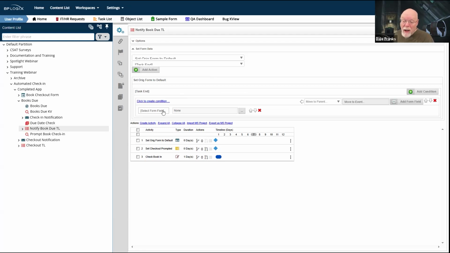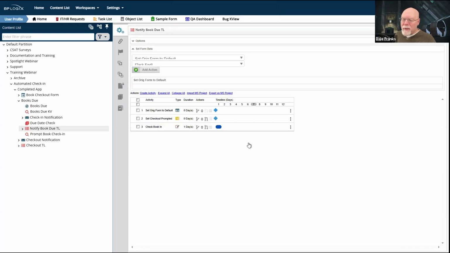But at the end of an activity, I could just run a set form data action inside the process timeline, and I could accomplish the same thing, and I wouldn't need to create a separate activity, and I wouldn't need to invoke the custom task. I am doing it intentionally, however, in this case, just for ease of management when I come in later.